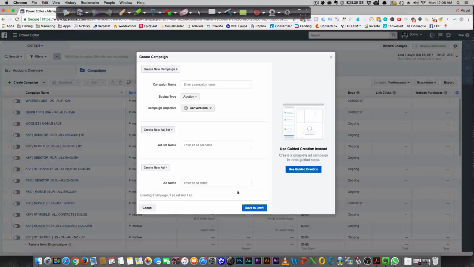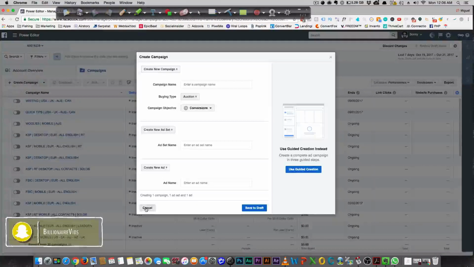And then when you have ads, and this works for any ad network, not just Facebook ads, okay? An ad is your actual creative and your actual copy. So when you create your actual ad, which is probably one of the most important parts, this is where you would do that. Here is where you can actually set up custom audiences and so on and so forth. That's pretty much all you need to know about using an ad network.